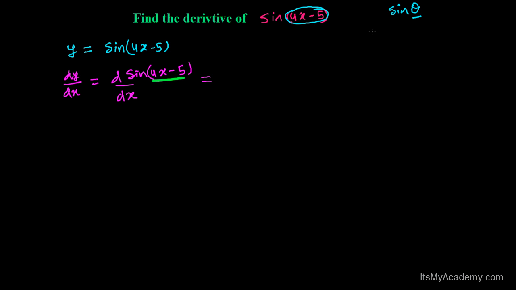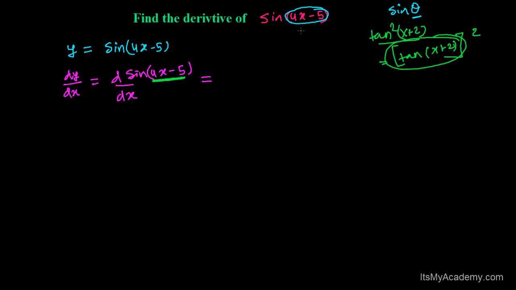If you have something like tan square of x plus 2, then you will not be differentiating with respect to tan square x plus 2. That time you'll be differentiating with respect to tan of x plus 2, because it is something like tan in the bracket x plus 2, a base which is raised to the power 2. So in that case, you need to differentiate with this whole quantity. But here the angle is 4x minus 5. Here there is no power, the power is just 1.